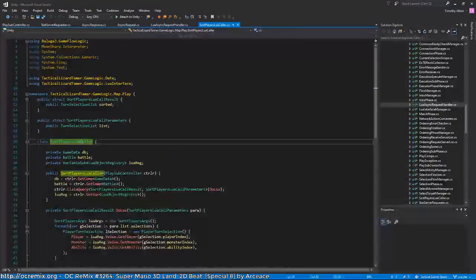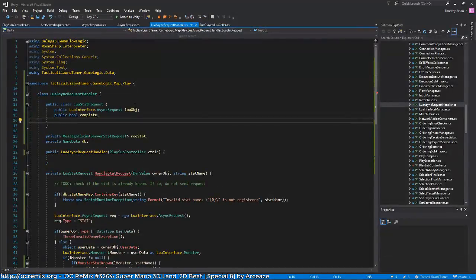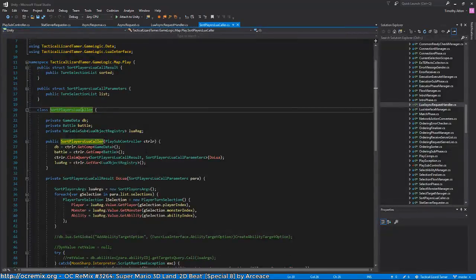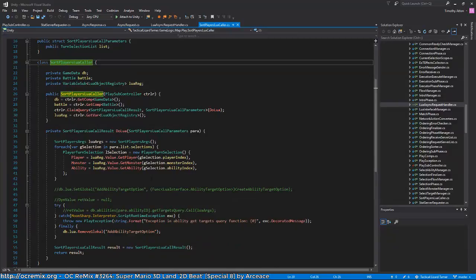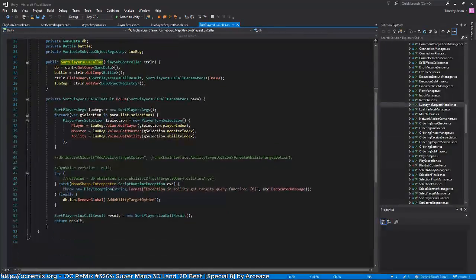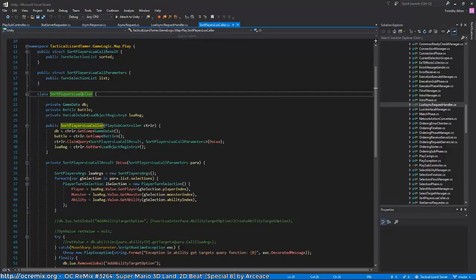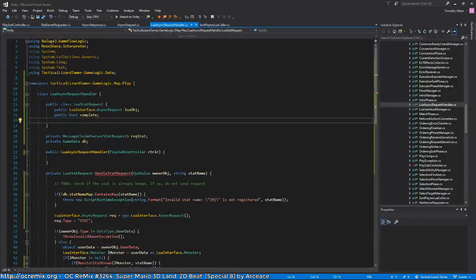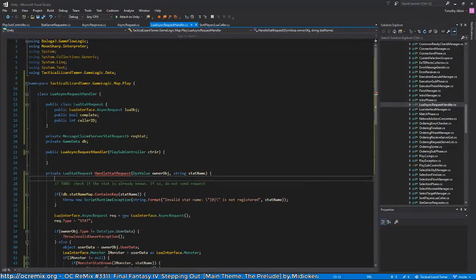So I'm not sure really how optimized I need to make this. Probably any call that has asynchronous requests can just have an ID. So let's do it that way. Public int caller ID,